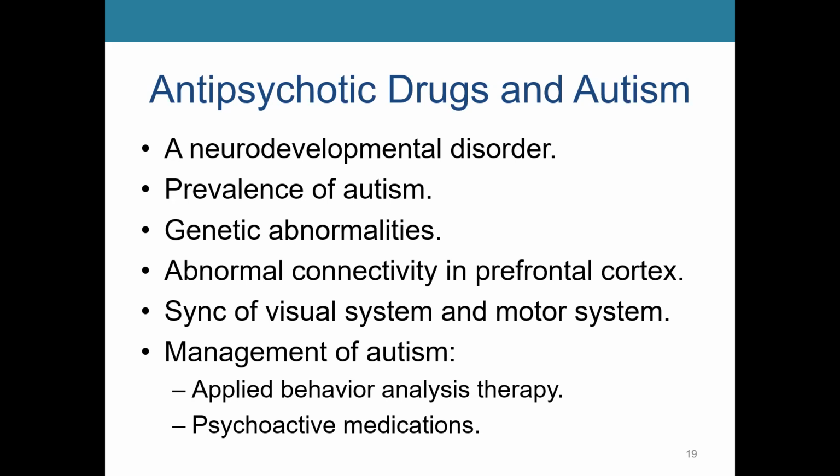A general consensus is found relating to abnormal connectivity in the prefrontal cortex, which may have implications in a host of cognitive, social, and emotional features in this disorder. The visual system activity may be out of sync with activity in the motor system, perhaps leading to an individual not visually perceiving or processing the consequences of motor responses. This might account for the difficulty those with autism have imitating gestures.